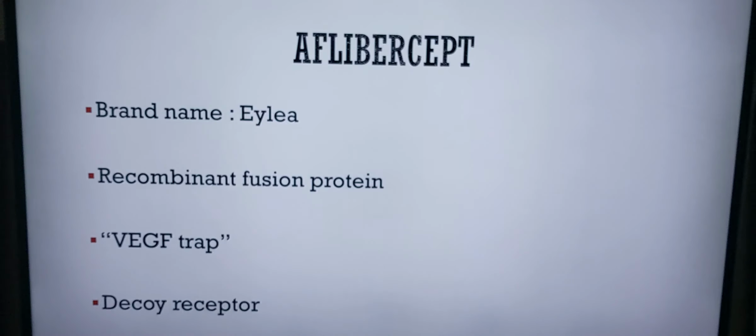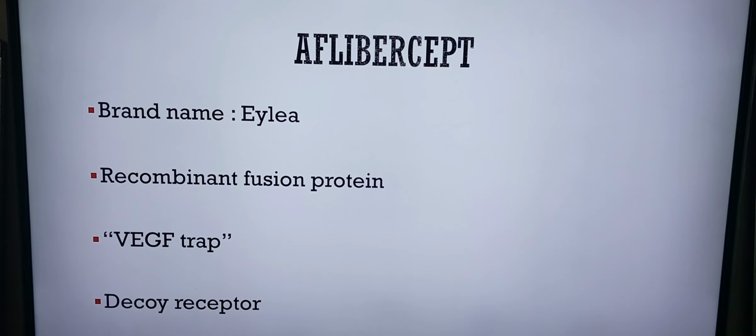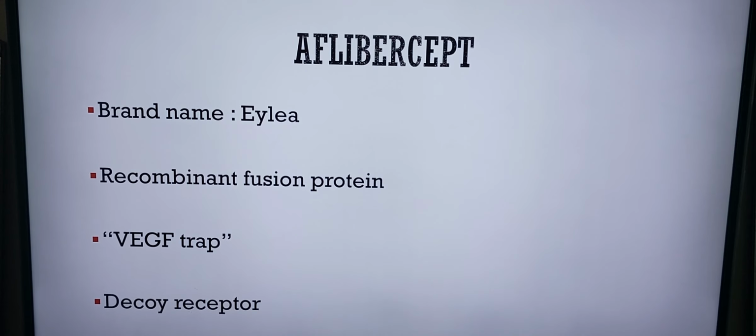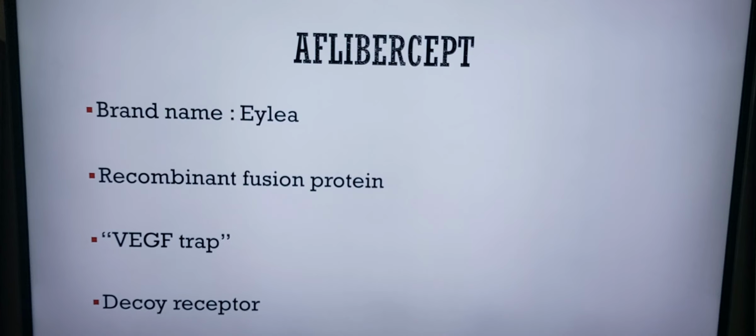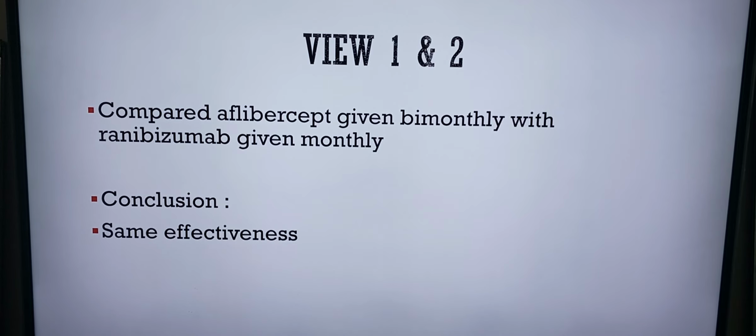It was seen that there was no significant difference in the outcome of the two. Both had the same effectivity. Then we have another drug, which is aflibercept. The brand name is Eylea. It is a recombinant fusion protein, and basically it acts as a decoy receptor and traps VEGF A, B, and the placental growth factors and inhibits their activity. So the VIEW 1 and 2 studies were done, which compared aflibercept given bi-monthly to ranibizumab given monthly, and the conclusion was that both had the same